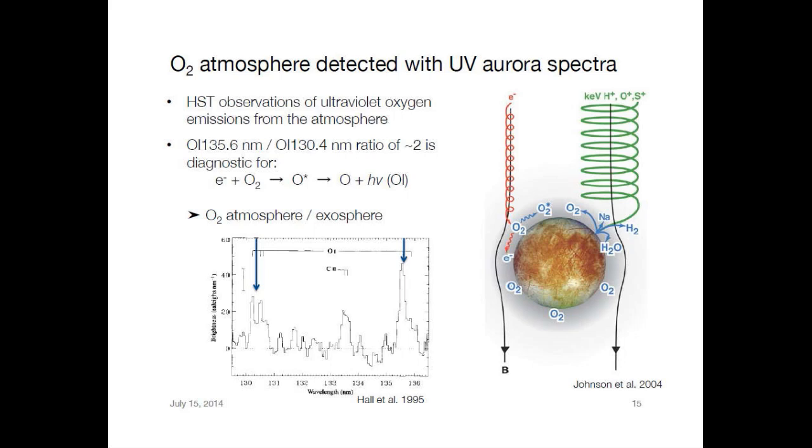I mentioned in the beginning, Europa does have a tenuous atmosphere that consists mostly of molecular oxygen, and the detection of this molecular oxygen atmosphere has already been achieved with such UV observations. It's the spectrum here to the left. That's a UV spectrum, so the measured brightness as a function of the wavelength between 130 and 140 nanometers roughly, and you see two emission peaks at two wavelengths. These are two oxygen emissions at 1356 and 1304, and the relative brightness of these two peaks is about 2, which tells us that the